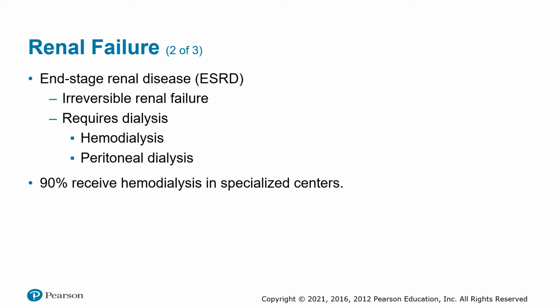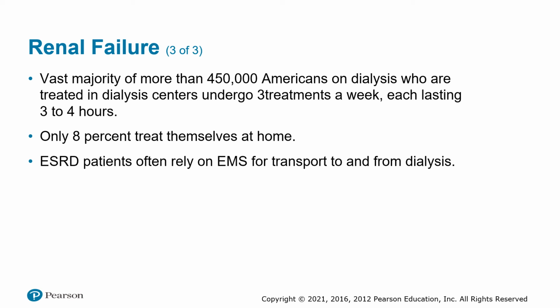It requires dialysis, either hemodialysis or peritoneal dialysis, and 90% of these patients receive hemodialysis in specialized centers. The vast majority of these patients, 450,000 patients, are on dialysis, treated in dialysis centers. They undergo 3 treatments a week, each lasting 3 to 4 hours. They are either on a Monday, Wednesday, Friday schedule or a Tuesday, Thursday, Saturday schedule, depending on where they're at. Only 8% of these patients treat themselves at home,